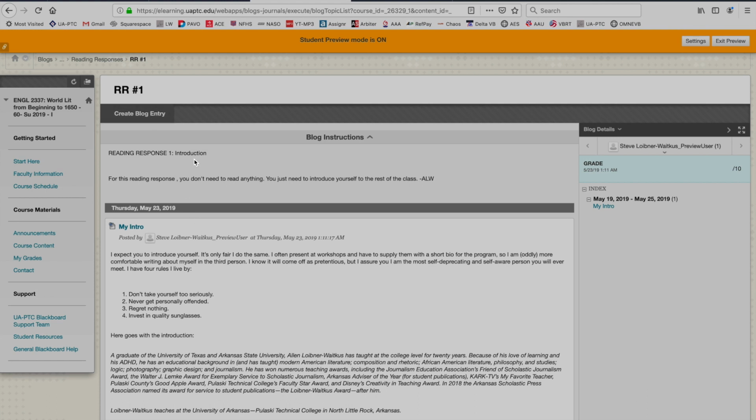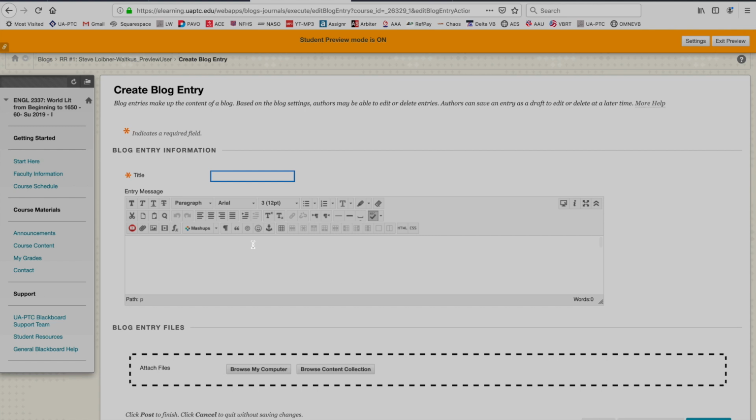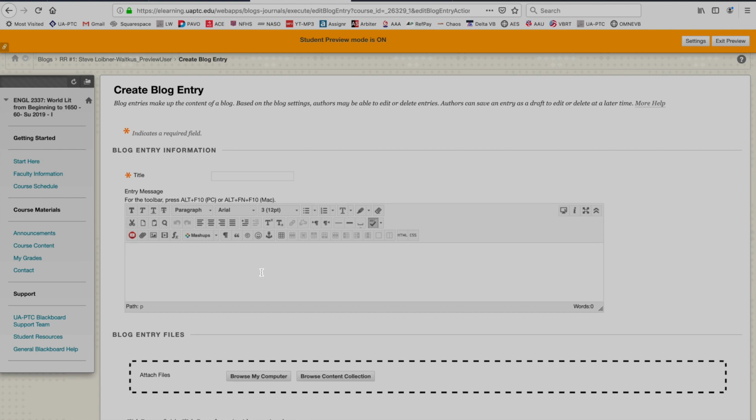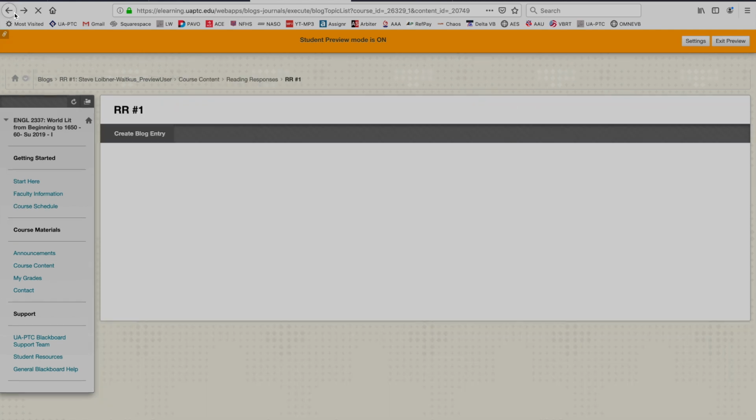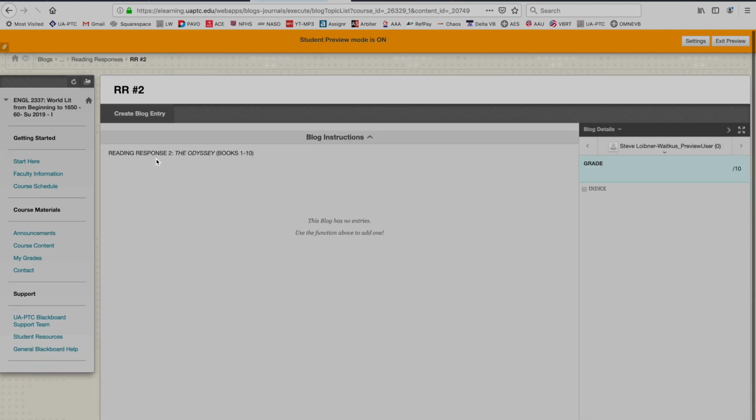So it says reading response 1, introduction. Okay. But what you're going to do is create blog entry, type a title, just give it a title, and then create your reading response entry. Now, this week it's an introduction, so just introduce yourselves. As a general rule, let's go back. So reading response 2, remember that was on the Odyssey books 1 through 10, which if you click on it,